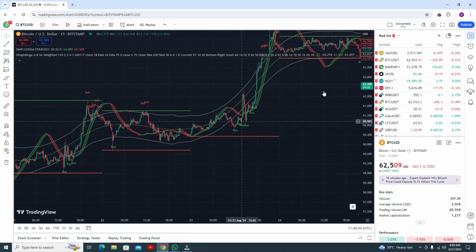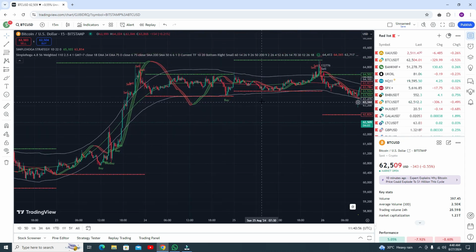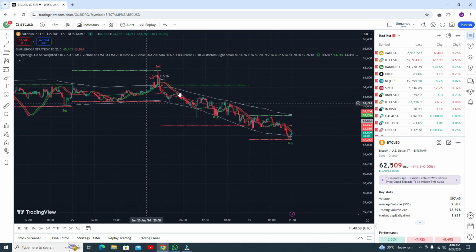Okay, buy trade and profitable. Now sell trades. When you got this sell signal, you have to go for the sell position, and you can see you got the profit, or you can open your sell position from this point again. Okay, you have to book your first profit here.